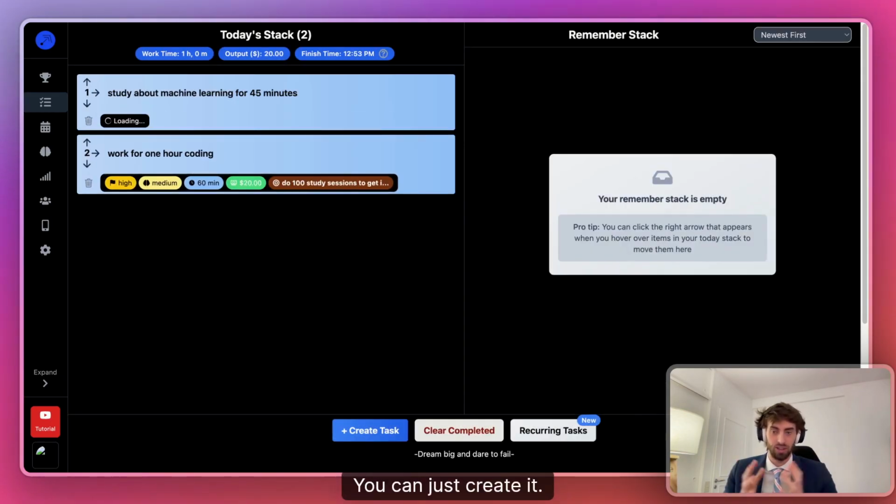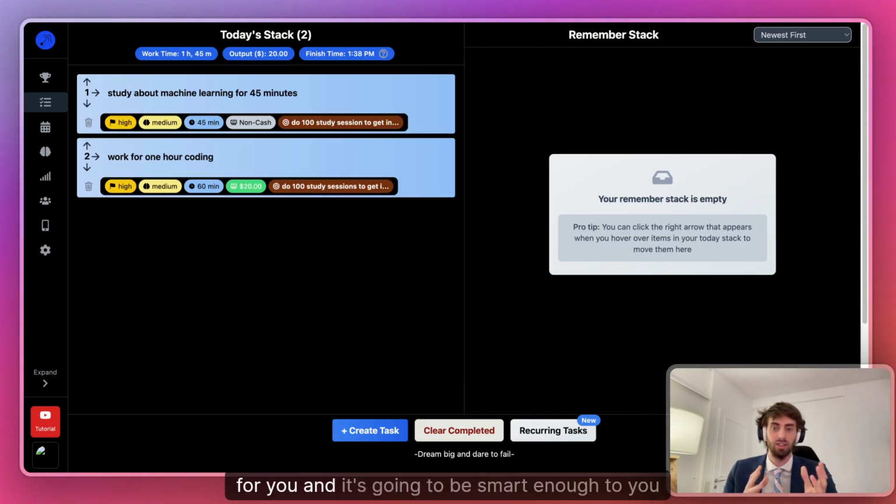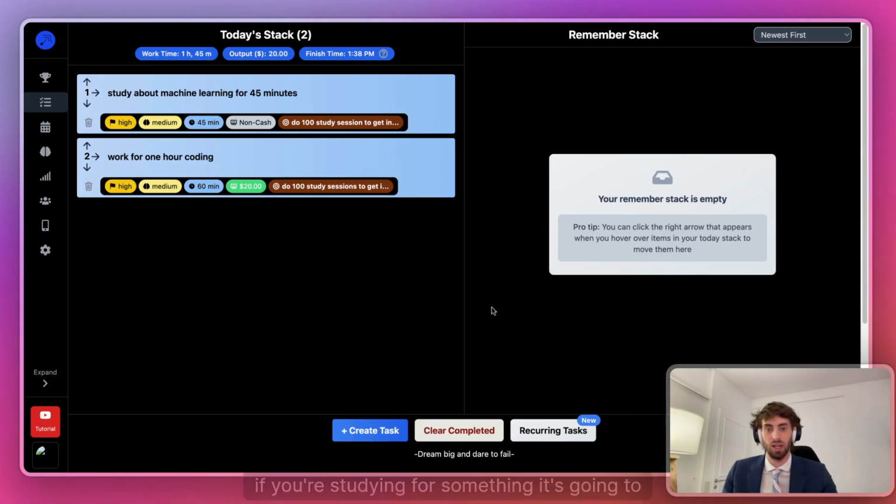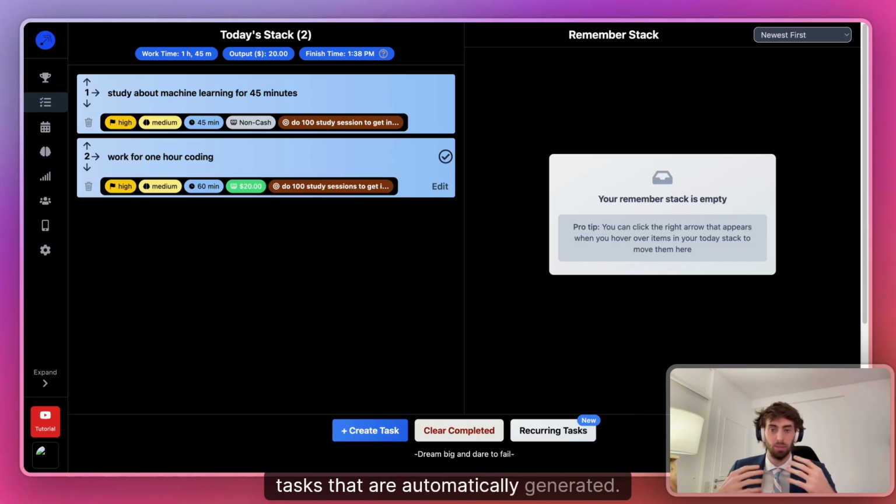You can just create it. This is going to automatically catalog everything and it's going to create the tasks for you. And it's going to be smart enough to, if you're studying for something, relate it to the long-term objective. And at the same time, you're going to get all of the tasks that are automatically generated.